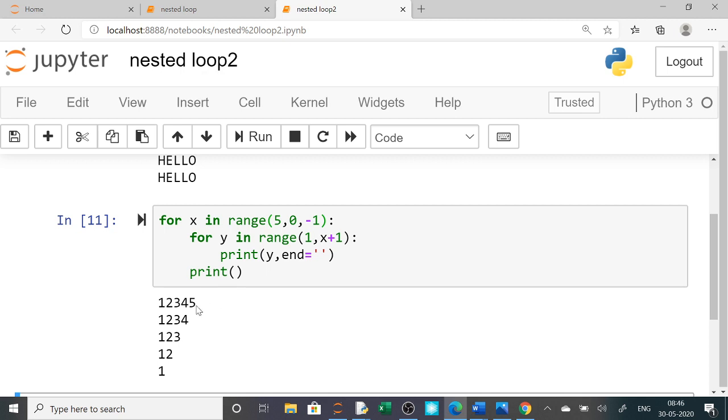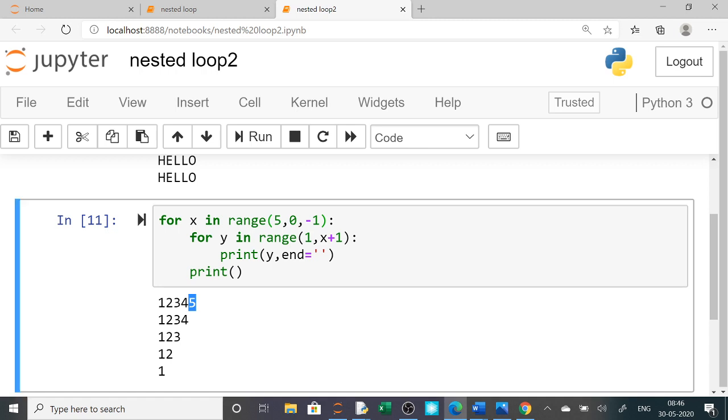Understood? So here the x value outer loop is 5. This is 5 to 1 means 1 less than this you have to write. When the loop is in reverse form, then we write 1 less value and minus 1. And if it is 1 to 5, then you have to write 1 to 5, and by default step value is 1. So this is our pattern. Clear? Now let us check what the string. So like this you can print all the patterns.